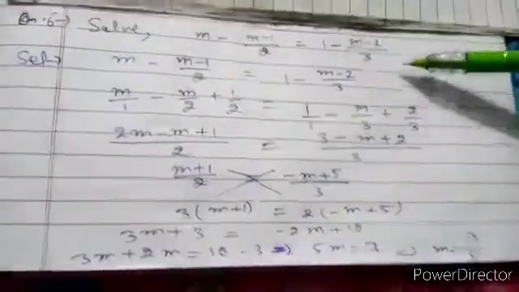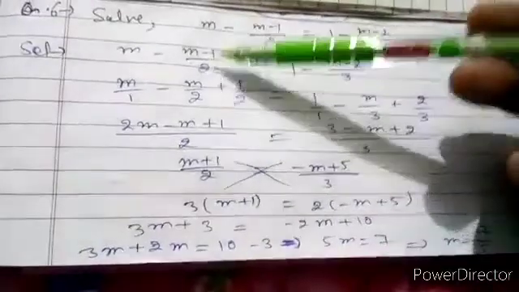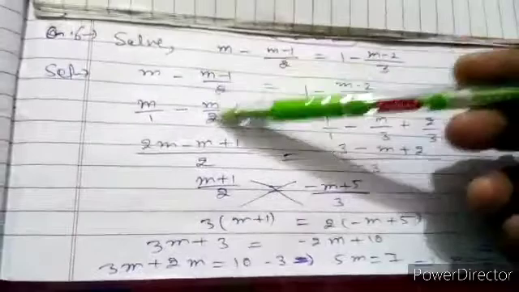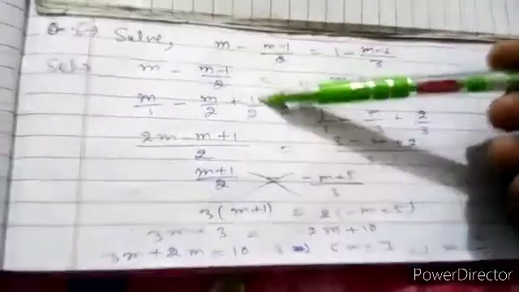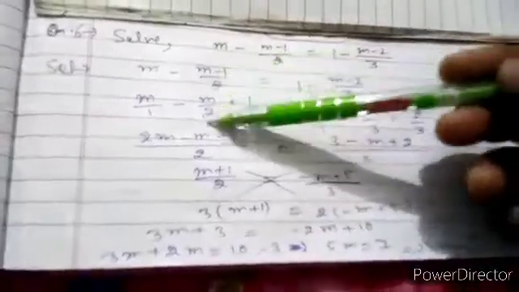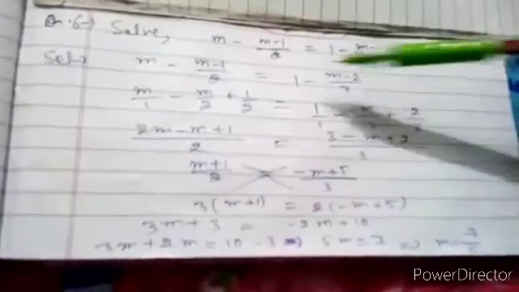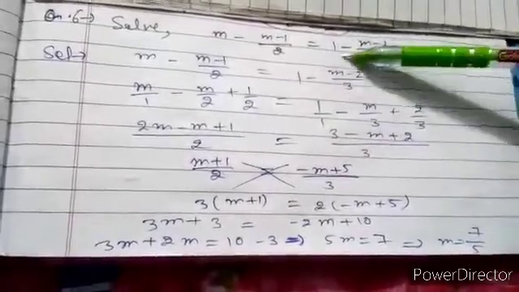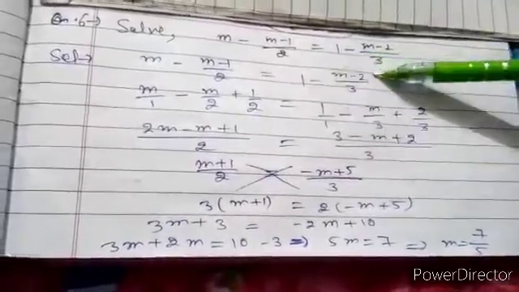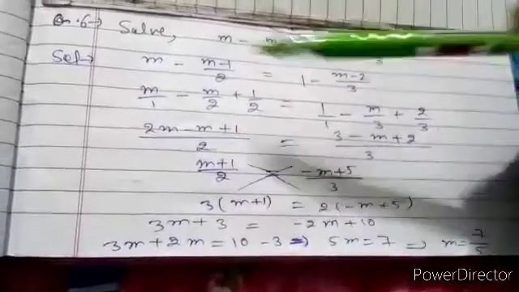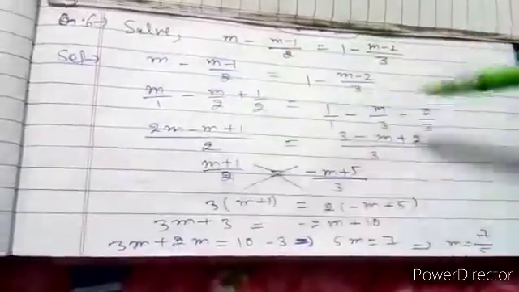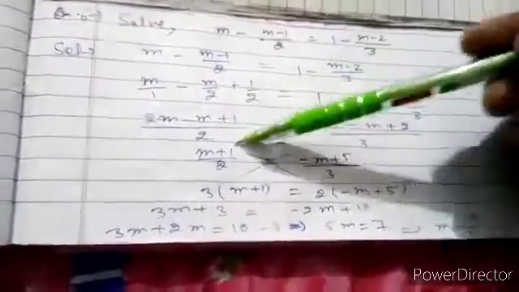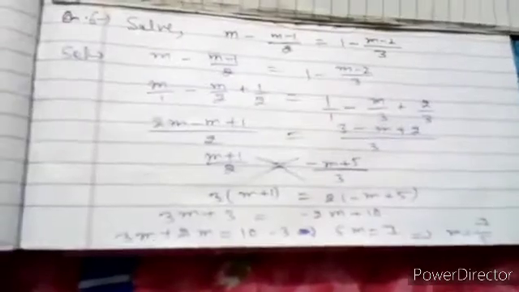The equation is given like this. Now on the left hand side we can write m, here no denominator so we consider 1, minus m by 2, minus and minus will be plus, plus 1 by 2. We write this term separately. Same on the right hand side: 1 upon 1 minus m upon 3, minus and minus will be plus 2 upon 3. If we take the left hand side LCM and right hand side LCM separately, after taking the LCM we will get these terms. Now after cross multiplying we will solve it.